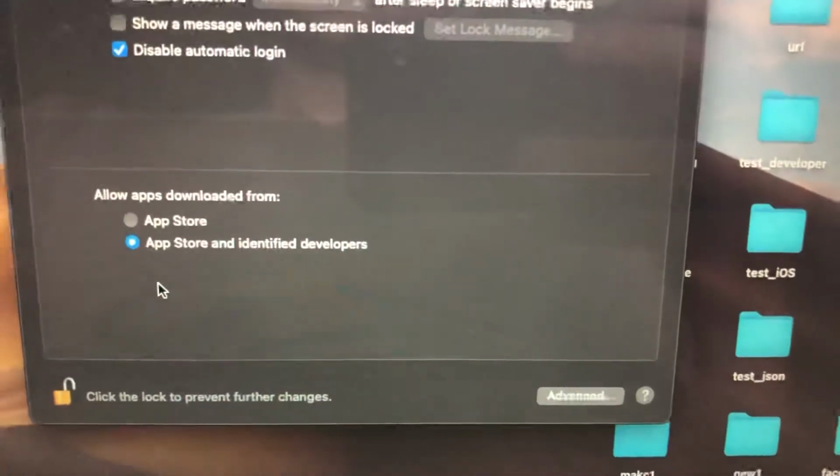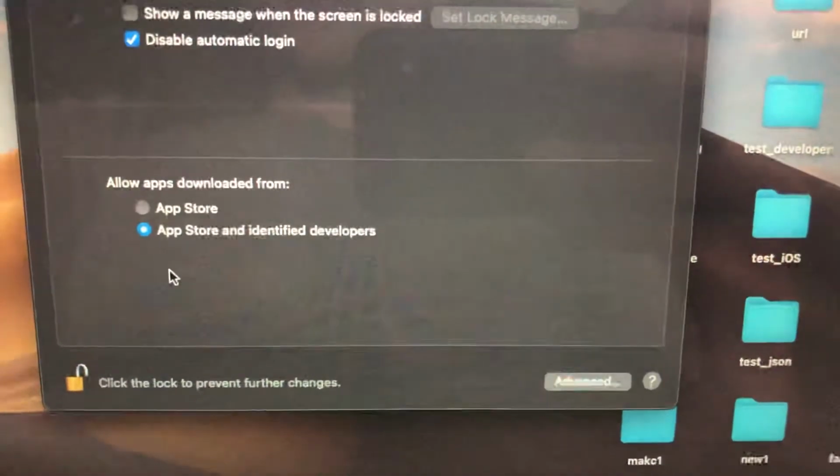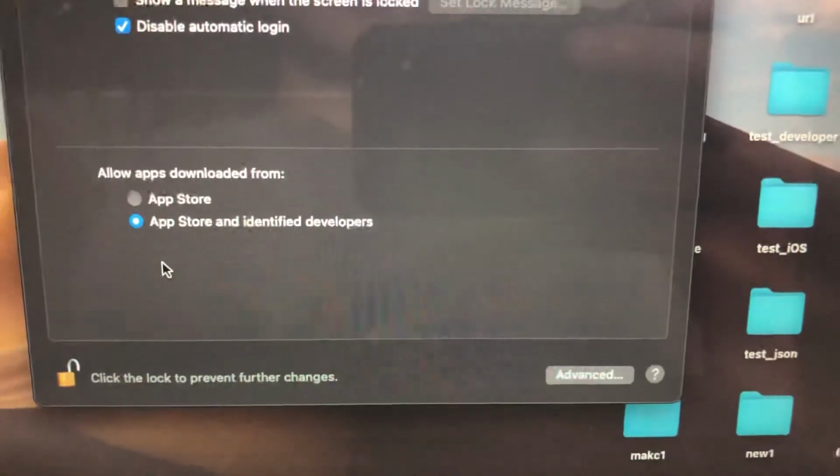So after that, you will allow access for downloading and installing this app